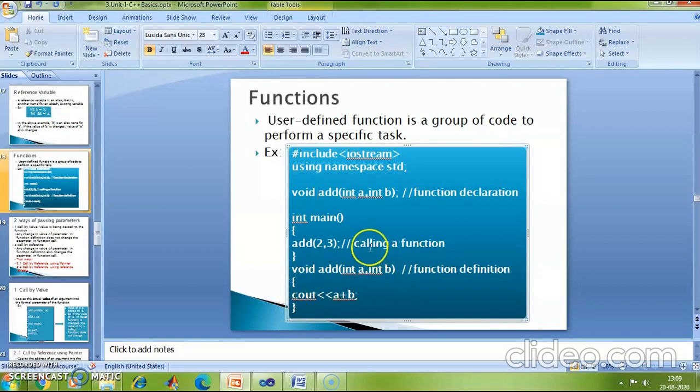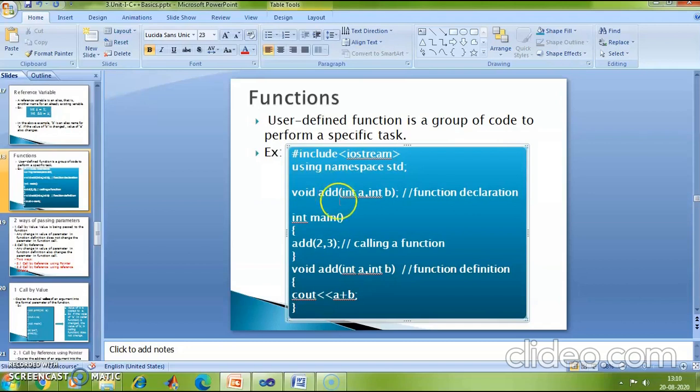So a function has a function call, a function declaration and a function definition. Now you will ask me, why do you need a function declaration, that too just before main? That's because this function declaration tells the compiler that in your main function you will encounter a function call called add, and that add is a function which will be defined after the main function.